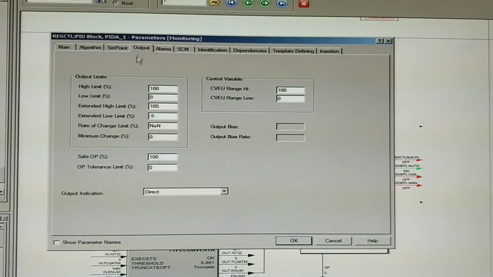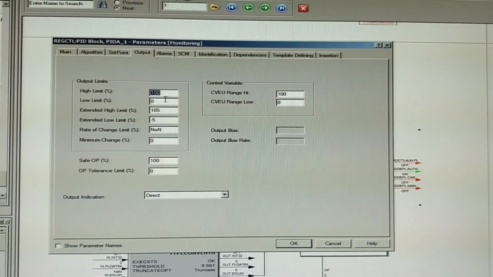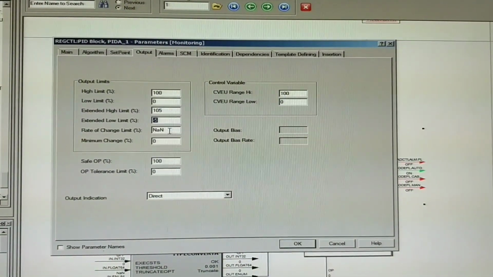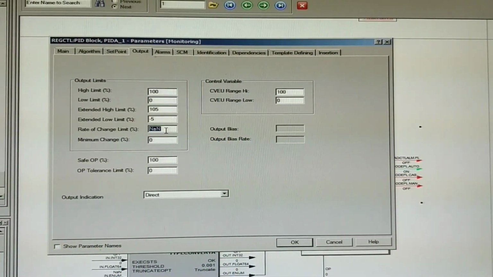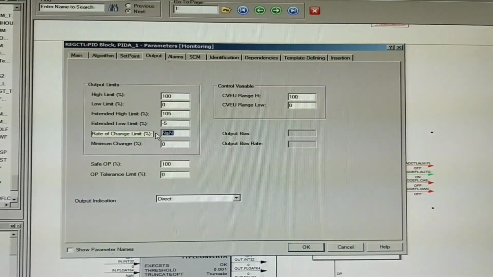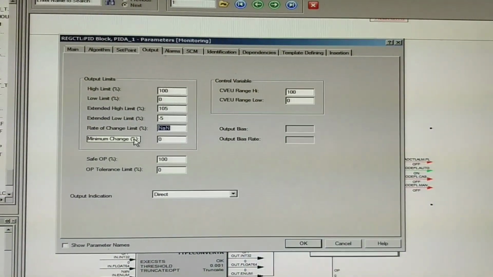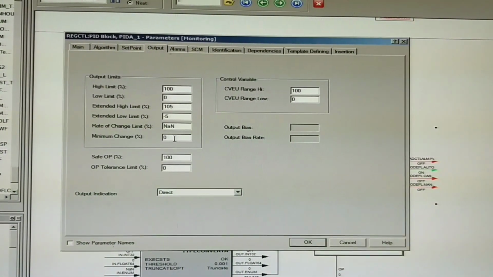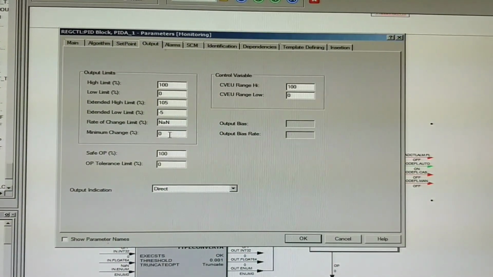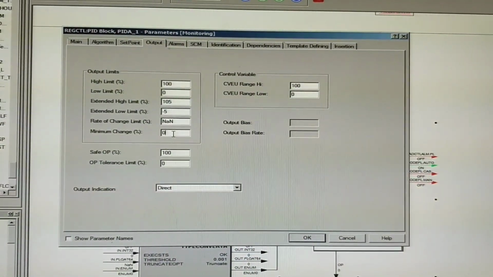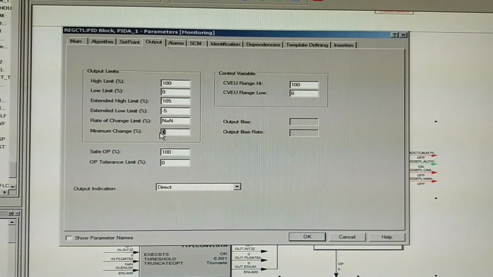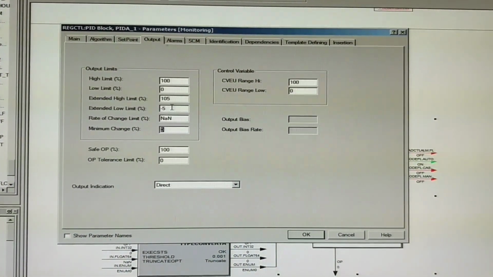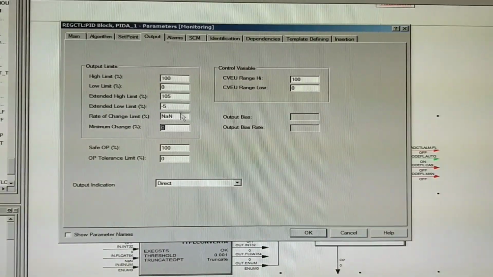Our next one is output. Here 0 and 100%. This is the minimum and this is the maximum output percentage. This is the extended limit. This is the rate of change limit. The output needs to be changed. Normally don't change this value. Keep disable this functionality. Minimum change percent. Here also you can provide the minimum change percent that needs to happen. This will be done during the PID tuning time. So it is not necessary to set this particular value. Set the I and D value as per your requirement to get the smooth response.